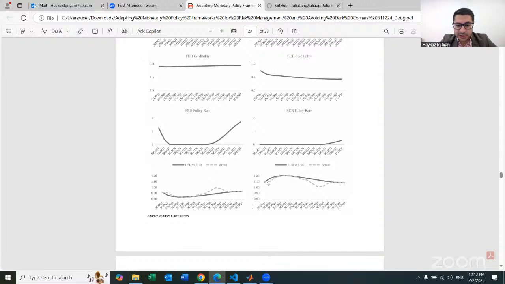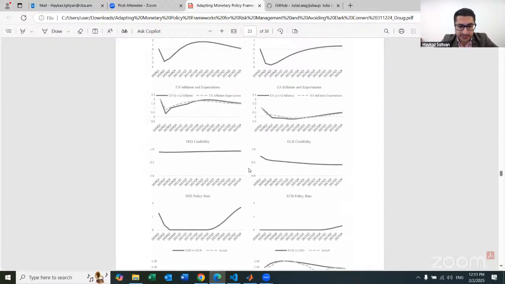Here you can see the actual and the model implied. From 1.1, it depreciates around 10%,